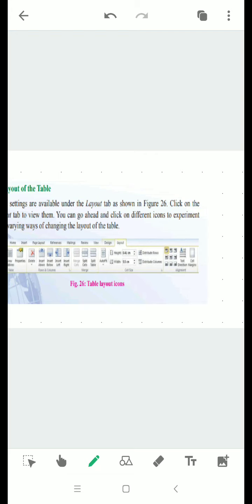Formatting is nothing but improving the appearance of text in a document by adding different borders and shading to a table and the cells. This can be done from the design tab and the table styles group. It provides a facility to add columns to the right, left, or to insert rows above or below the selected row, which can be done from the layout tab. Directly the options are present. So these are the three topics.